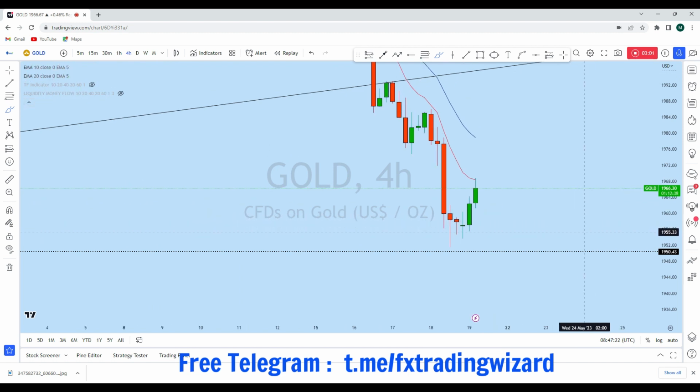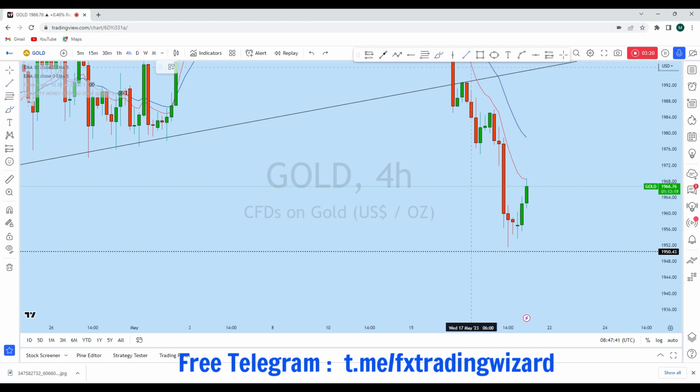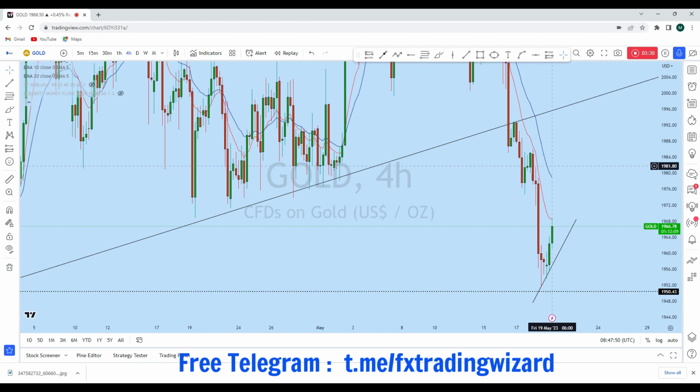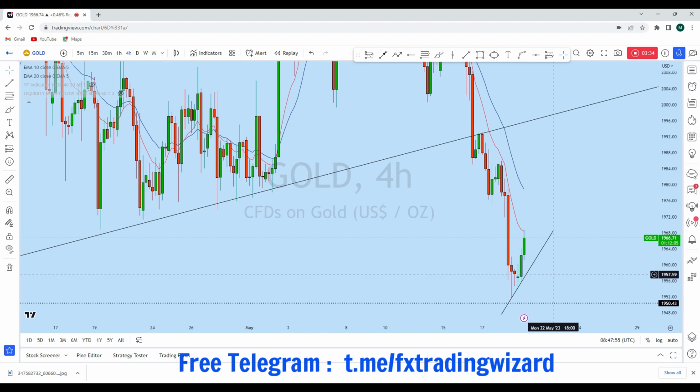Now this is the intraday price action. As you can see, the 4-hour candle with this bullish candle is forming a kind of middleman and is still not closed. Based on how this candle is closing, I think we might see another lower time frame move to the upside, as we saw gold from this support level create a smooth trend line, and from this trend line gold has bounced to the upside. And as you can see, the long-term support has already been broken. The price has dropped well below.